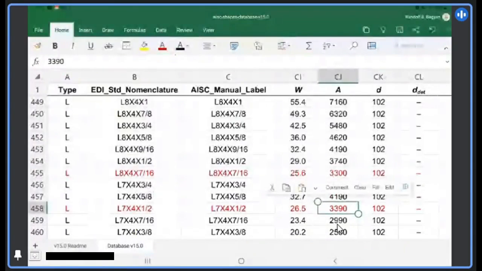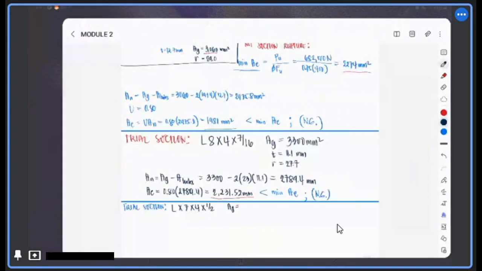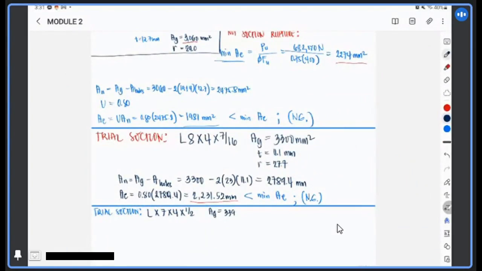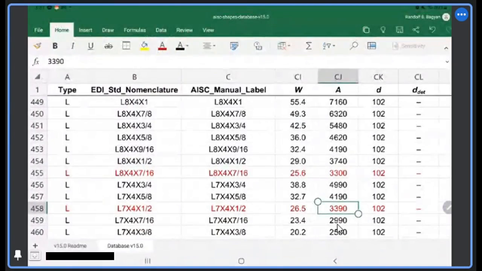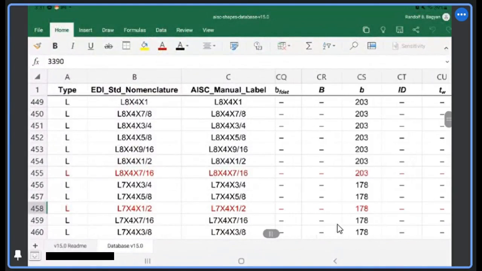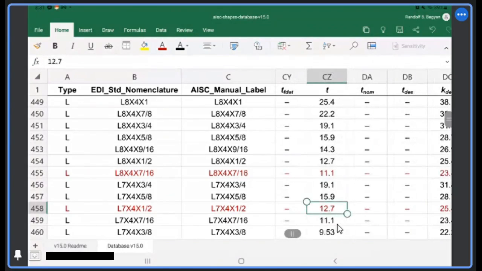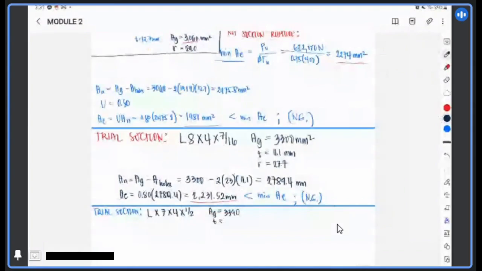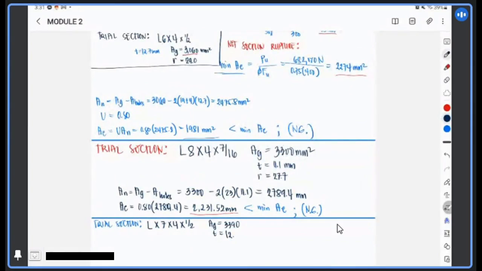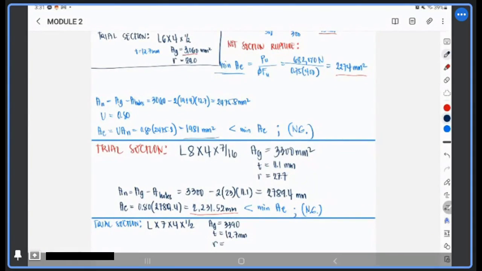Dapat mas mataas siya doon sa 3,300. Siguro papasa na siya. Okay, and then its thickness would be 1/2, 12.7 mm. And its minimum values of radius of gyration is